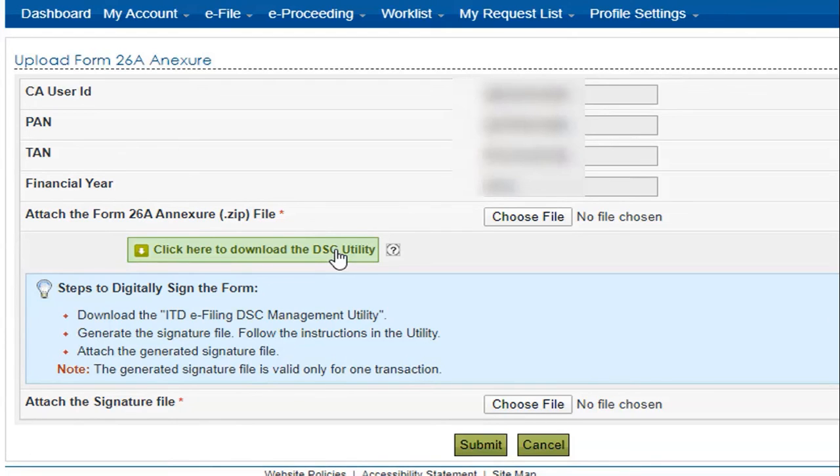Friends, one thing, kindly ensure that once the form 26A is submitted, the TRACES portal of tax deductor will automatically calculate the interest from the date of deduction till the date of filing of return of income as per the details given by this CA in the Annexa A format. As section 201 says, the SSC will not be treated as SSC in default till the date of filing of return of income by the payee.